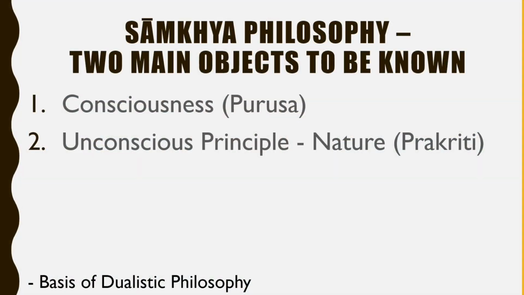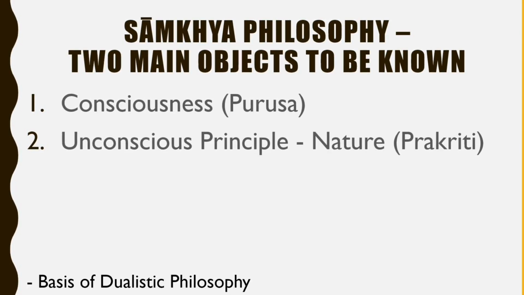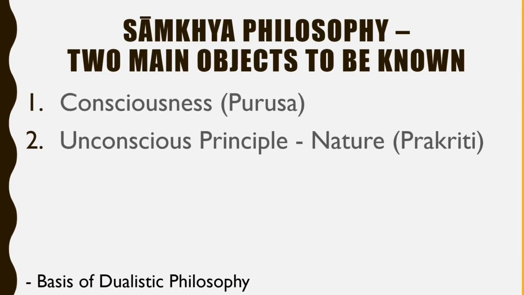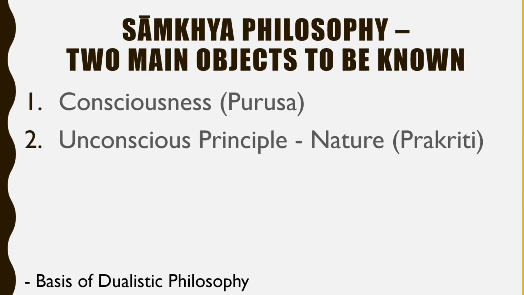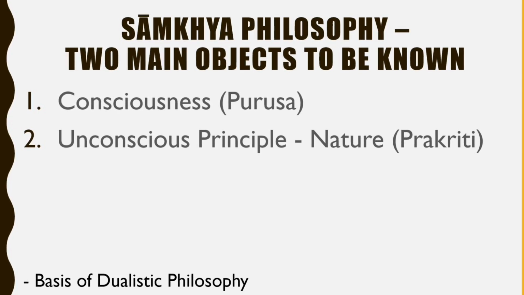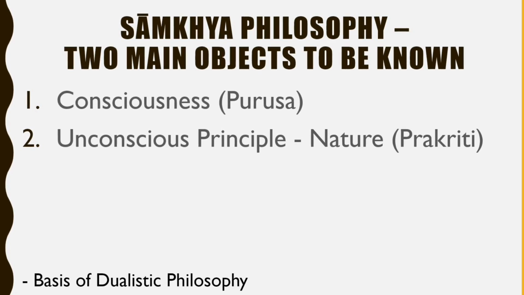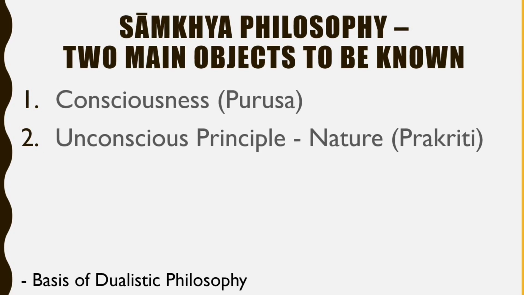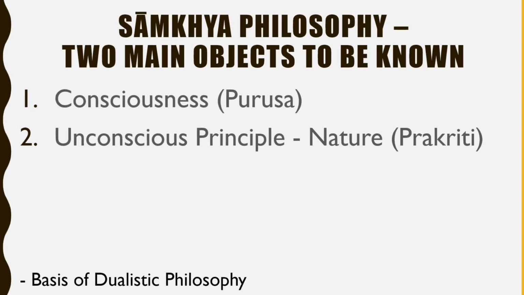So now I'm going to talk about the two main principles or two main objects which must be known in order to fully understand the universe according to Sankhya philosophy. The first principle is called Purusha or the consciousness, and the second is Prakriti or the unconscious principle, which is also called nature. It's said that Purusha is like the knower, pure consciousness or ultimate truth, which is the energy,